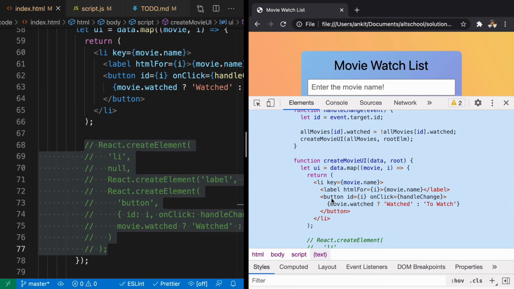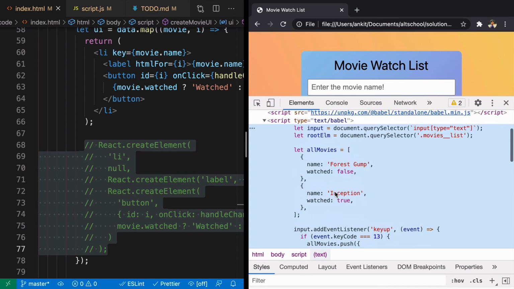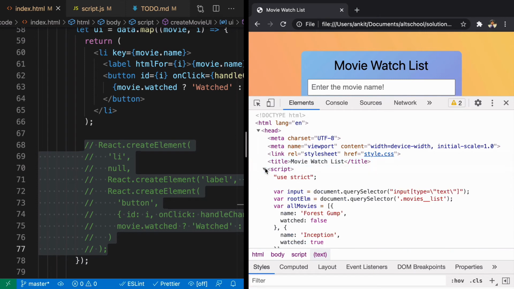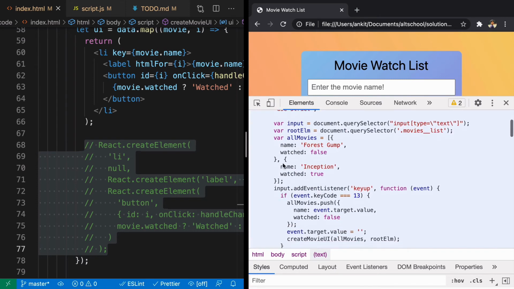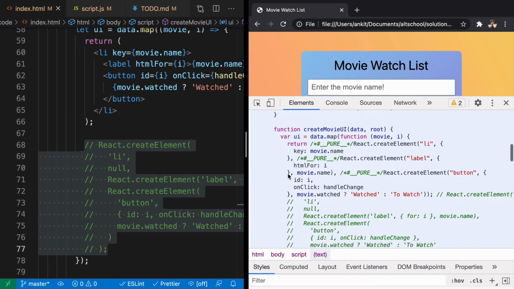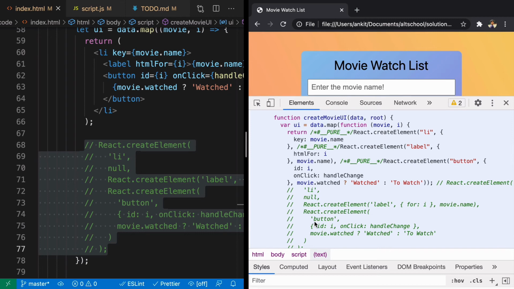But the browser only understands three things, right? It understands JavaScript, HTML, and CSS. How can it understand JSX? That is not possible, right? So it is not working in this way. So this is the script that we wrote for text/babel. Babel took this from here, converted that into normal JavaScript, and put it here. Can you see? All the things that were JavaScript are here, but everything that was JSX got converted into JavaScript.